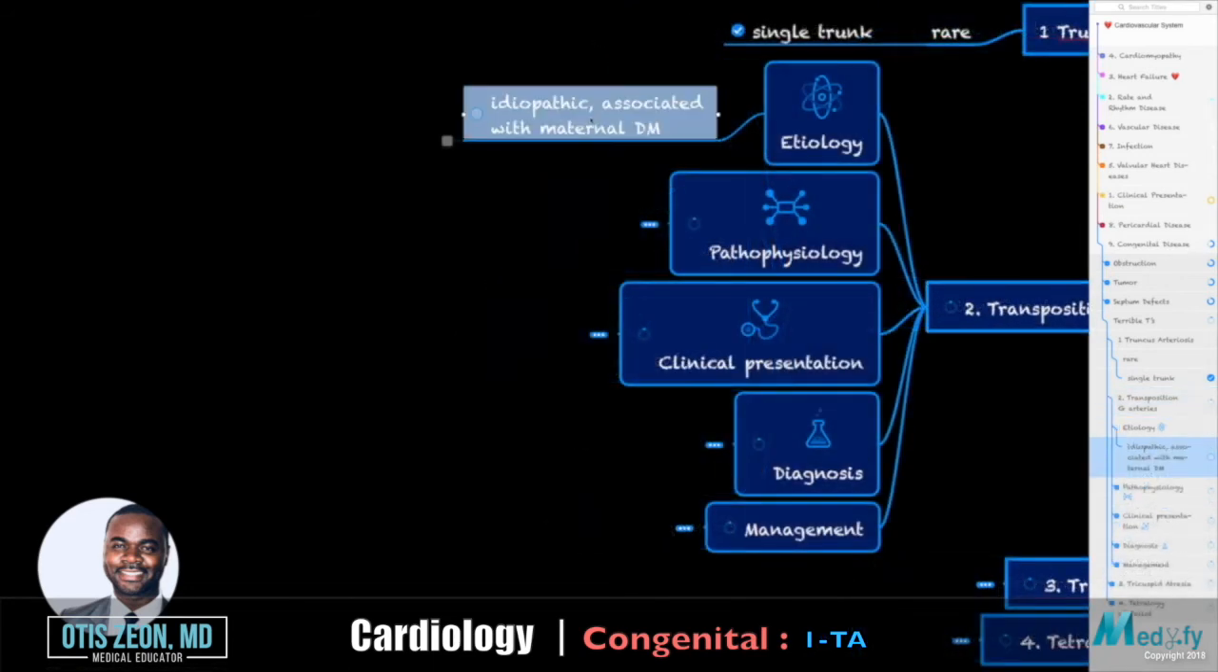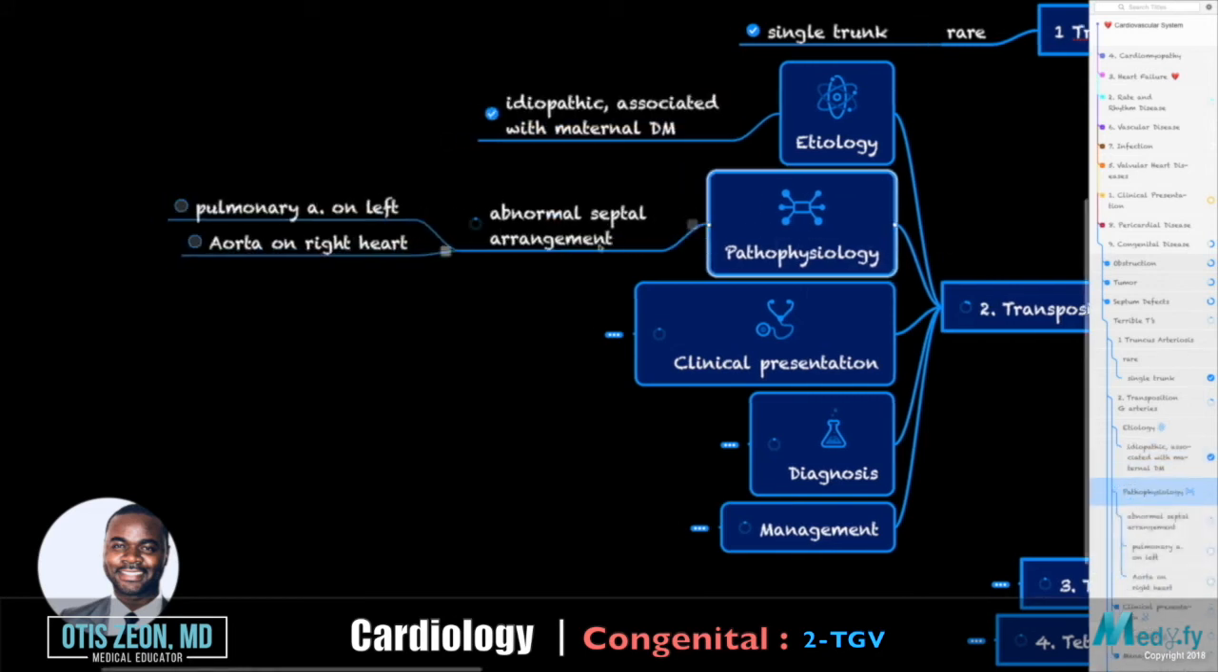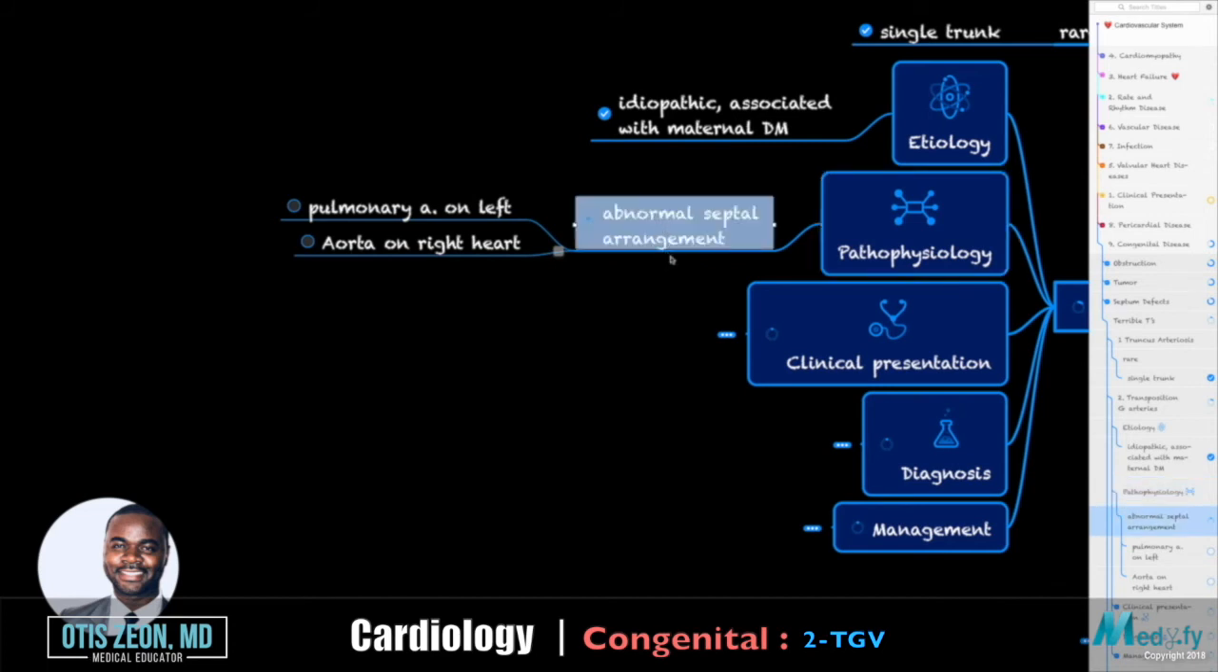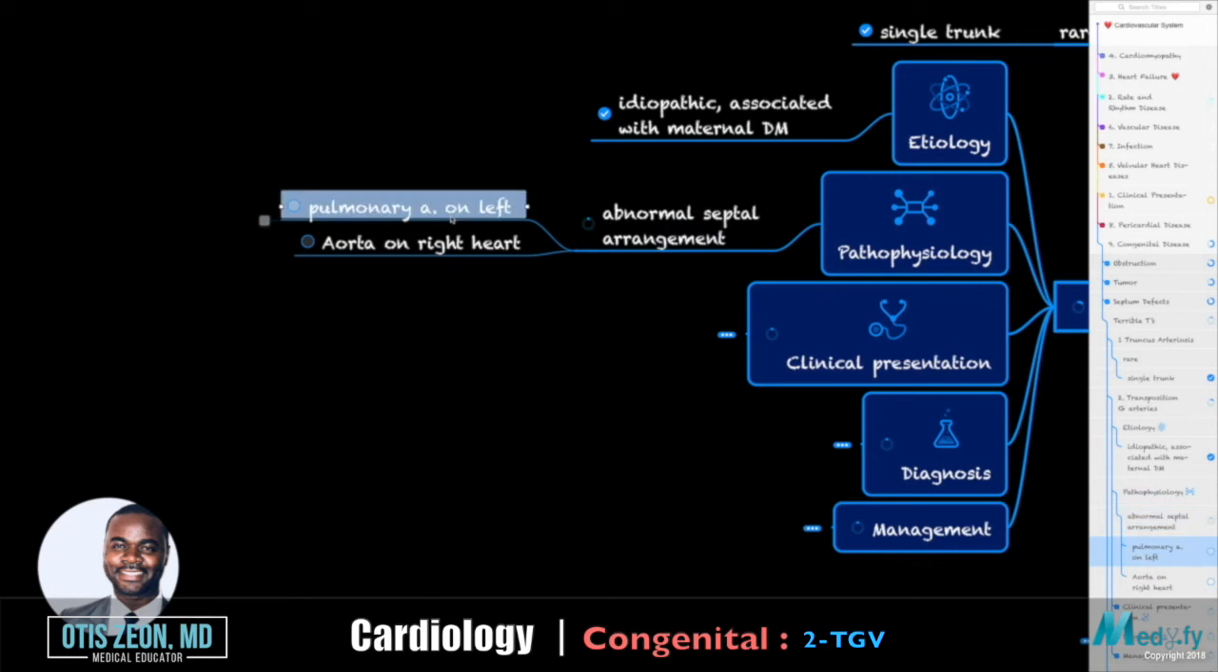So this is an idiopathic disease associated with maternal diabetes. The pathophysiology for this is such that there's an abnormal septal rearrangement that allows for the pulmonary artery to transport on the left side, whereas the aorta will transport on the right side. Remember, the aorta is supposed to be on the left side so that it can take blood from the left ventricle to the systemic circulation, but it flips around and the aorta is on the right side, whereas the pulmonary artery is on